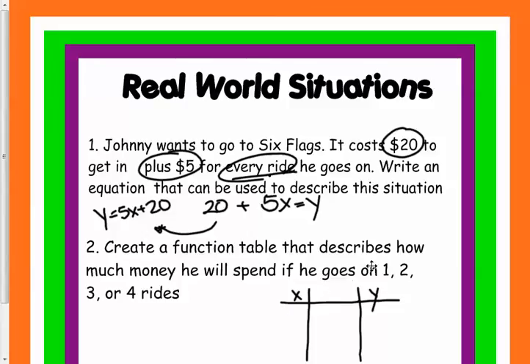Okay, so it costs for one ride $20 plus 5 times 1. So 20 plus 5, which gives us 25. For 2 rides, it costs us 20 plus 5 times 2, or 10, which gives us 30. For 3, it costs 20 plus 5 times 3, or 15, which gives us 35. And for 4, it costs 20 plus 5 times 4, which is 20,